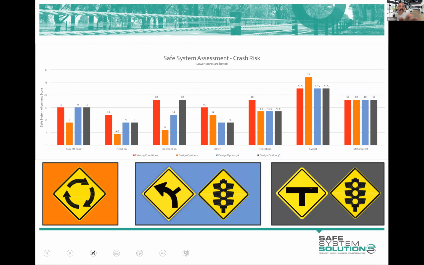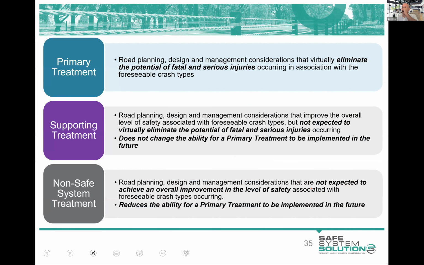And this is the sort of output people will be expecting. This is what the regional reference, or regional PRC, regional project control groups, and the executive groups are going to be looking for. They're going to say, well, are we improving alignment with safe system principles? What are the areas that are still not great? Can we do better? And the can we do better is good, because what we do in a safe system